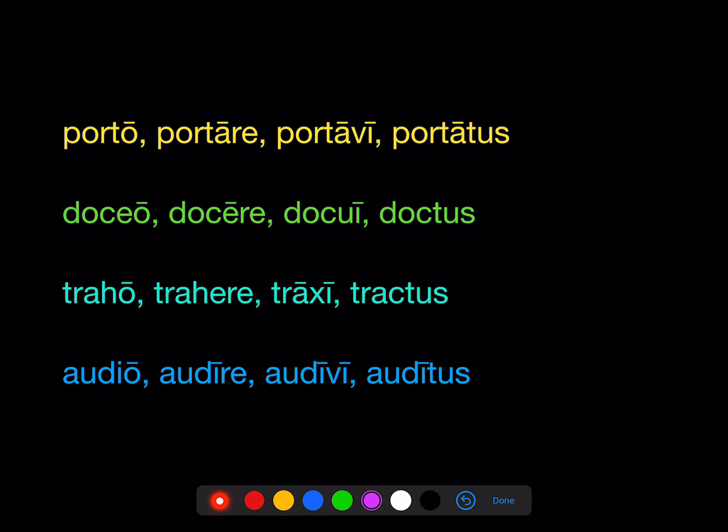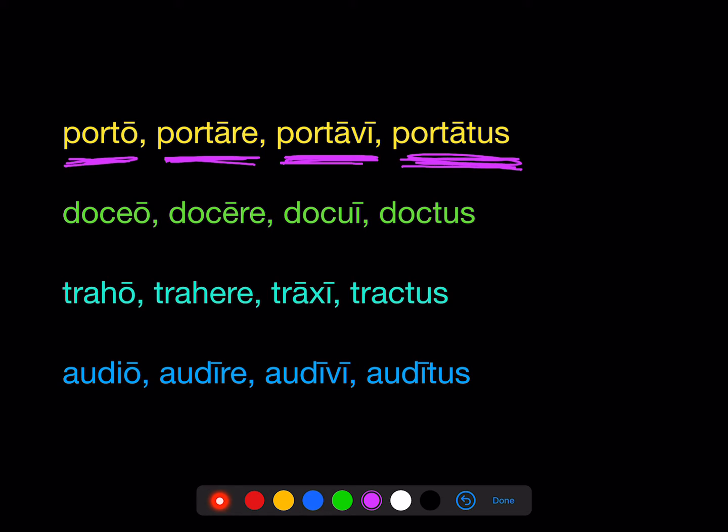So, before we can talk about the future active indicative, we're going to have a quick review of principal parts, because conjugation actually matters quite a bit with the future active indicative. So, remember when you look up a verb in the dictionary in the back of the book, or when you memorize a verb from a vocab checklist, it's going to have principal parts. Porto, portare, portavi, portatus. I carry, to carry. I carried, or I have carried, and having been carried.